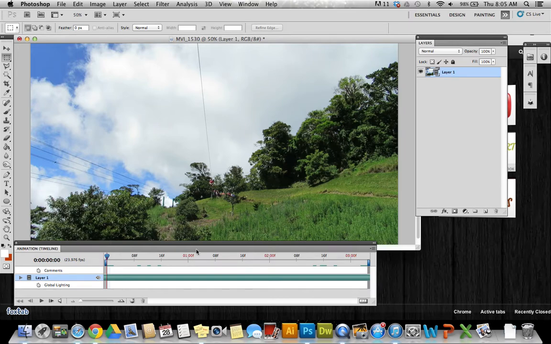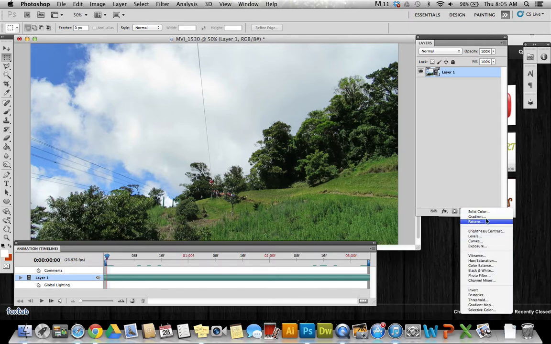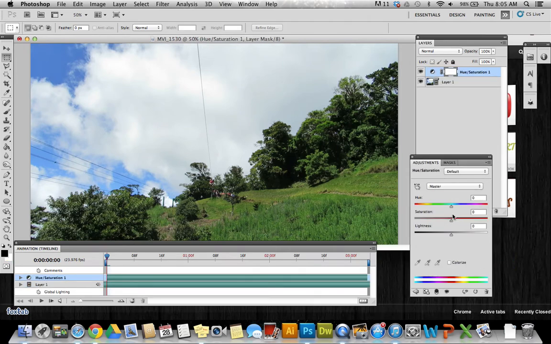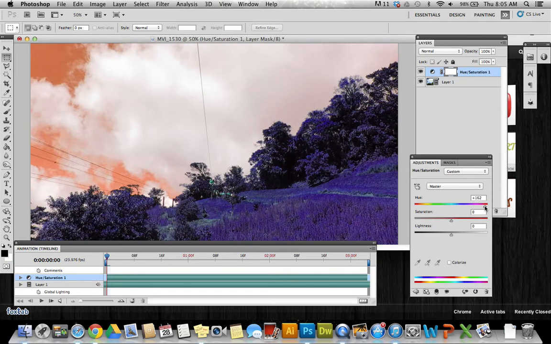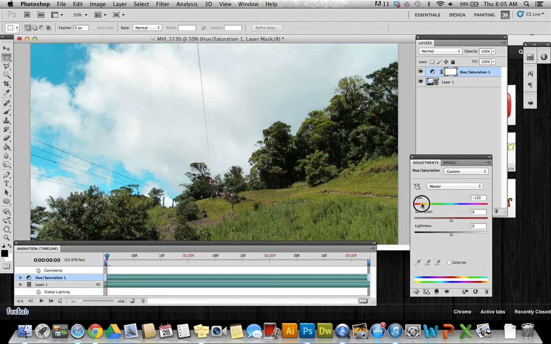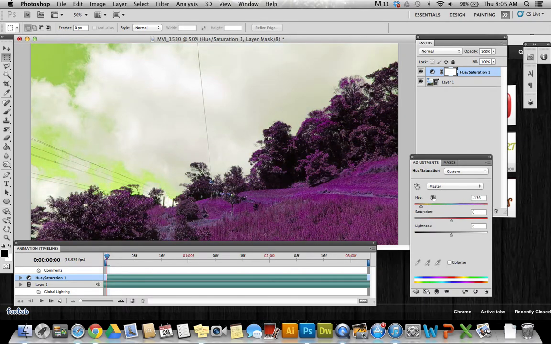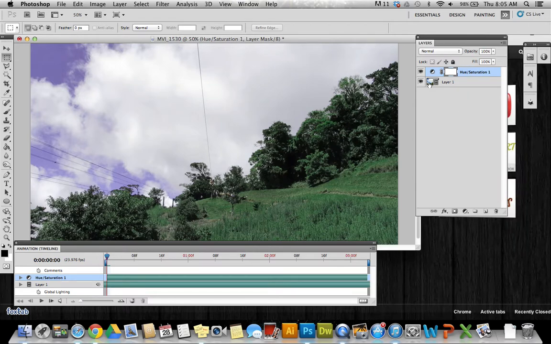I have some other options of things that I can do within my video. I can always, over here on my layer palette, add adjustments to it. So I could add some adjustment layers. I could turn this black and white. I could adjust the hue and saturation. I could change anything that I wanted to within this video. Okay, all right, so I'm just going to do something a little crazy here just to show some changes. Okay, so I guess I'll just leave it at that, but I could do whatever I wanted